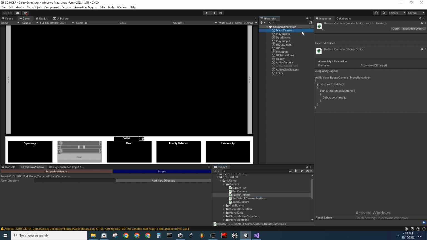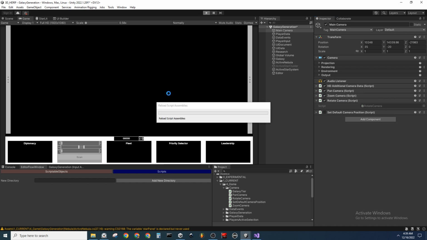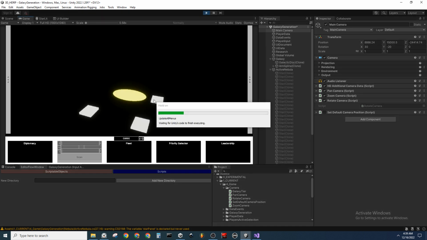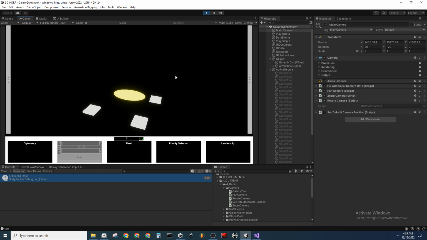So if I click on main camera and I add the rotate camera script, and then I hold right click. Okay, so it is right clicking. So left click is nothing, zooming is nothing, middle click is nothing, it's just right click again. So that's correct. So next,